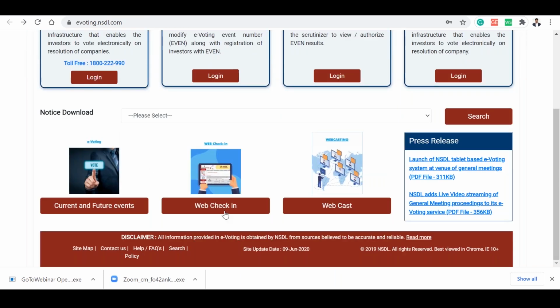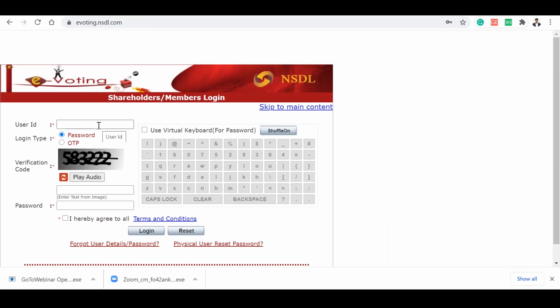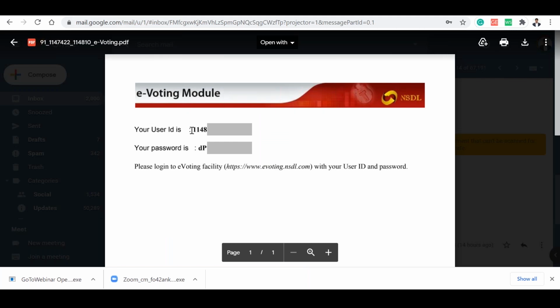Once you go on this site, you have to go to web check-in and click on the web check-in. Then you can put your user ID without keeping any special characters, that is colon, percentage, asterisk. You have to remove all these things and simply put your user ID.